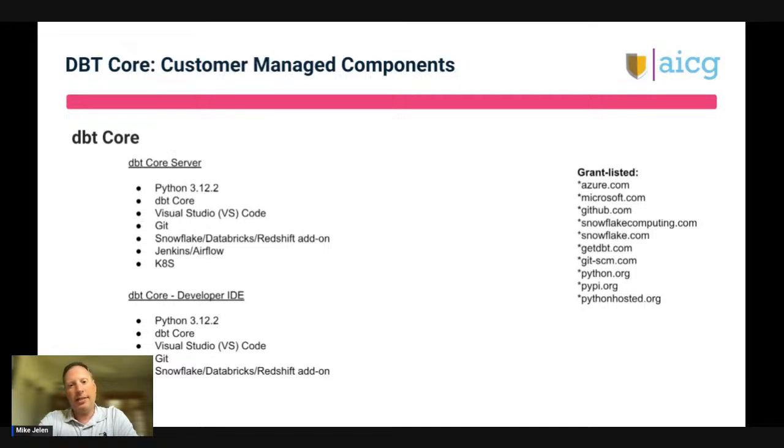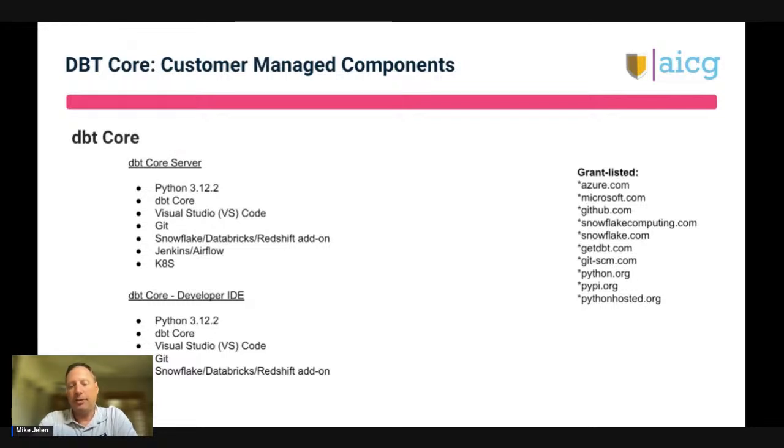And this grant list isn't an all-inclusive list. If you're using Databricks or Redshift or a different technology, naturally your grant list is going to look slightly different. If you're using Microsoft versus another Git platform, that too will be different and impact your grant list. But it's really all about, here's a sample to help you get started and to understand and remember you will need to grant list